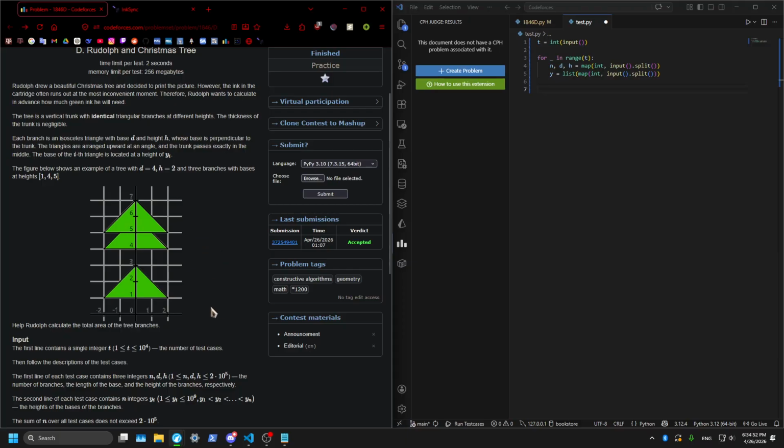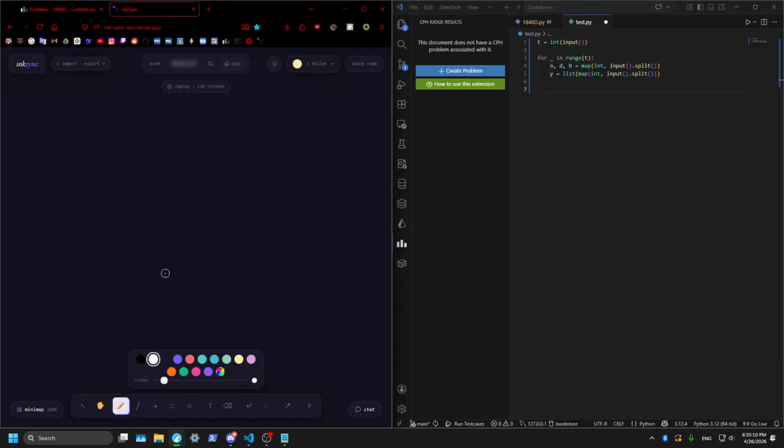Now, the intuition for this question is actually pretty simple. We can see right off the bat that all we want to print out is the sum of all the triangles minus the sum of all the overlap. And now you may ask, aren't there cases where you might have multiple overlaps? For example, let me just draw out some cases. We have our